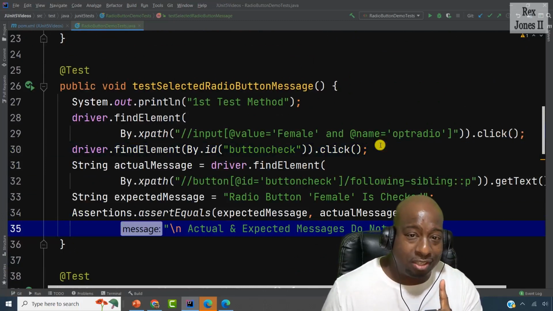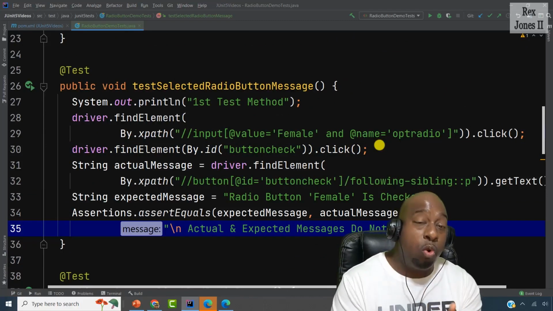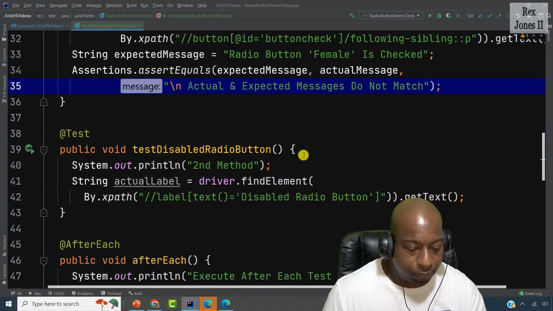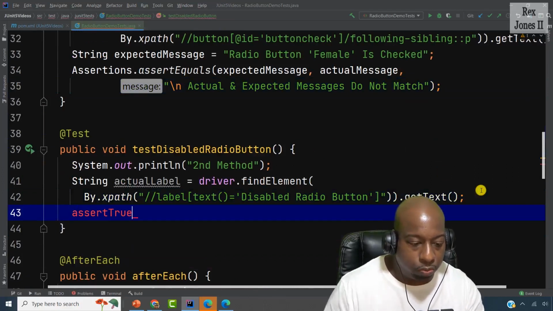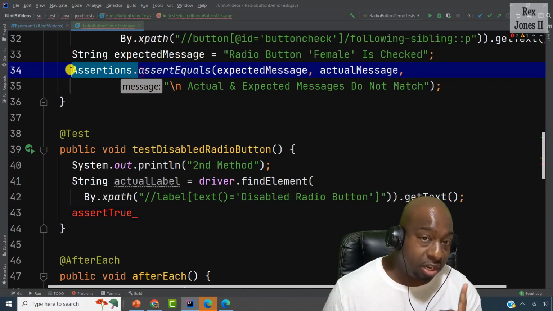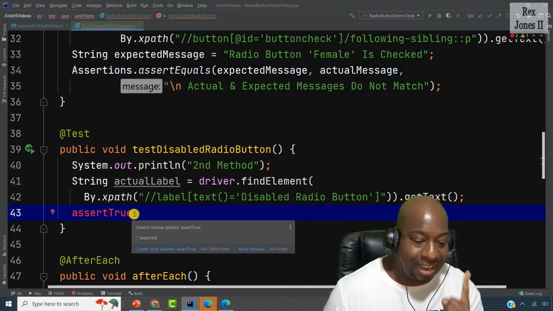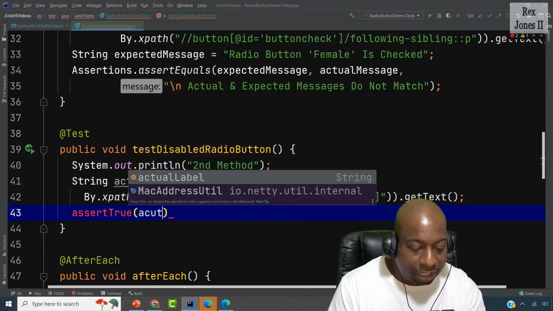For the second test, we're going to verify the label contains disabled, but we will not write the assertion class. Start with the name. The name is assertTrue. So notice the first test method had Assertions, which is the class. The second, we're not going to write Assertions. We're going to start with the name assertTrue. assertTrue, actual label